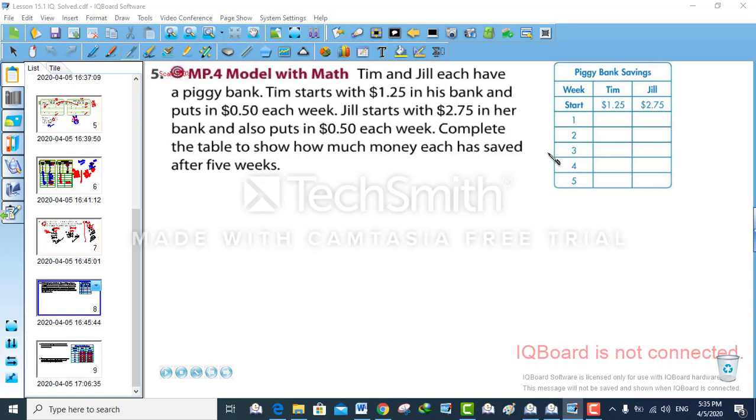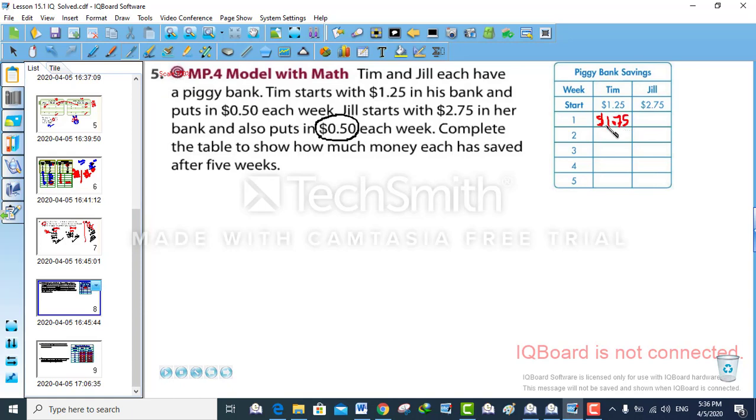Okay, in this question number 5, we have here Tim and Joe. The first one has $1.25 and the other one has $2.75. So each and every time we are going to add 0.50, which means 50 halalas. So here, just by adding what we have, you can add it mentally, you can add it step by step, it's up to you. Here when you add the 50 over the 25, it's going to be 1 decimal point,